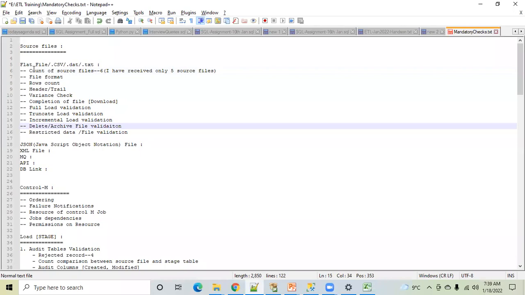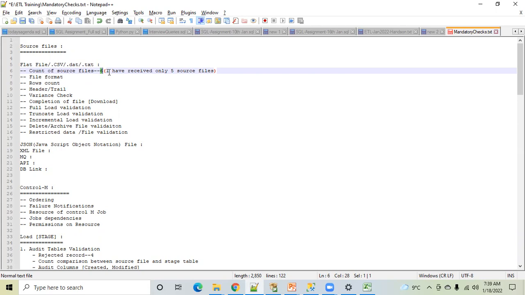Okay, coming back to this. What I told you is that the first step in any ETL testing project is to validate the count of source files. In our example of Shopper Smart, how many sources do we have? We have 6 sources. So we are assuming that we must be getting data from these 6 sources. I am expecting six source files to be received on a daily basis.